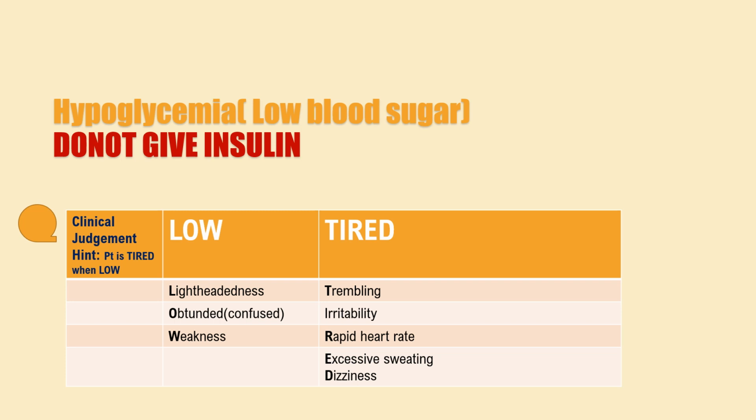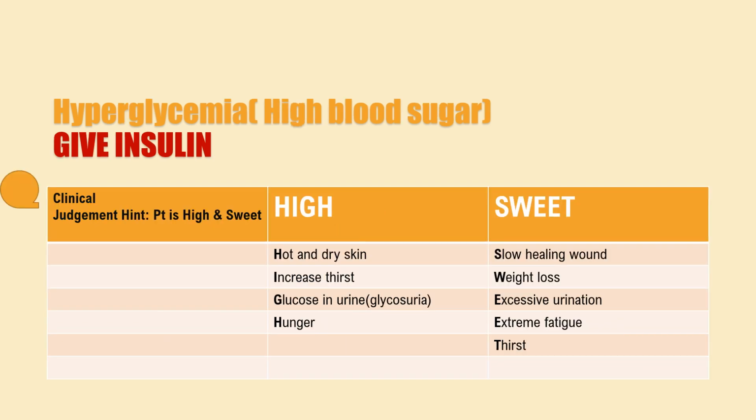These are some of the signs and symptoms of hyperglycemia, where blood sugar is high, so we can give insulin. The blood sugar is high because we want the insulin to be able to regulate the blood sugar, right? So here your symptoms will be high and sweet. The acronym for this will be